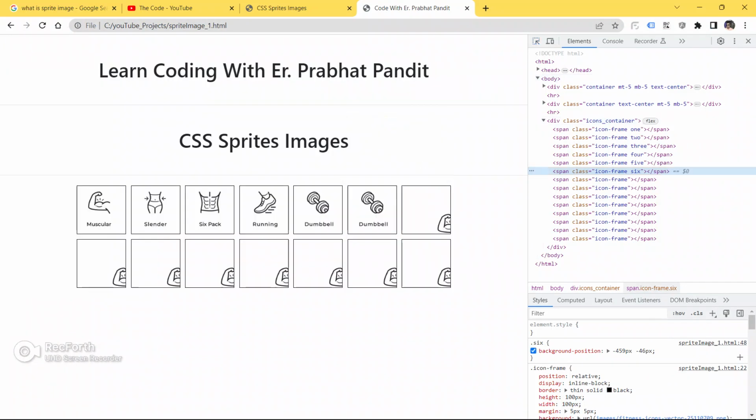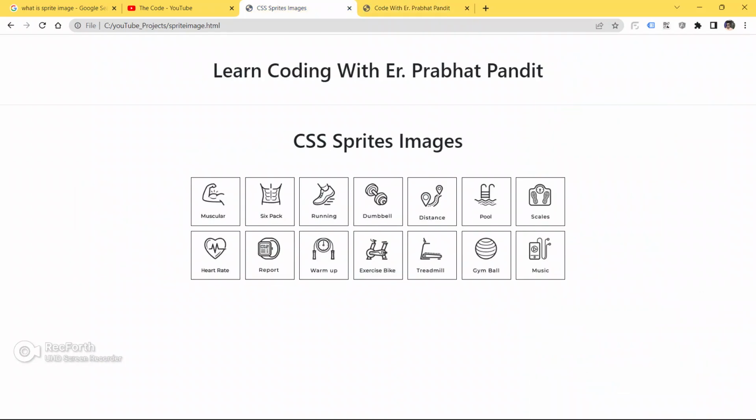Okay, so we need to change now left or right position. So let me just check one more thing guys. Is there image above this dumbbell or not? Okay, there is no image above the dumbbell. Okay, so let's go up now. See, we got this image now.